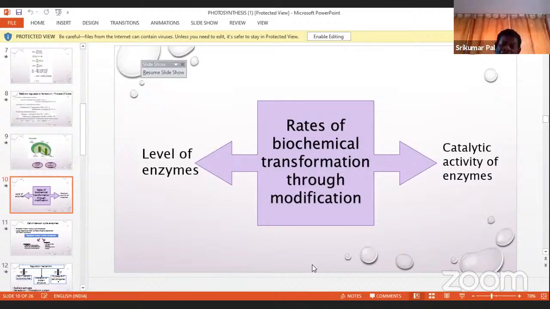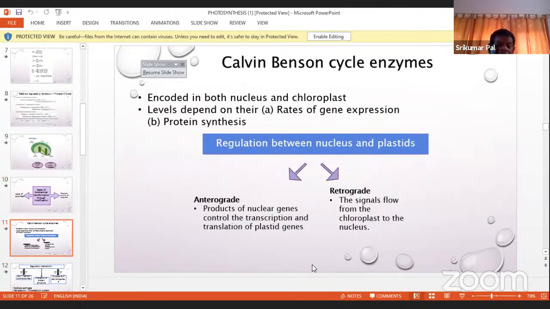So we are talking about the rates of biochemical transformation. It is controlled by the level of enzymes. Some of these stromal enzymes are encoded in the nucleus, and some of the enzymes are encoded in the chloroplast. That is, the Calvin-Benson cycle enzymes are encoded in both the nucleus and the chloroplast, and the levels of these enzymes depend on their rates of gene expression